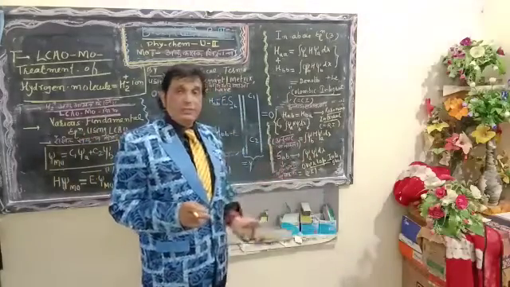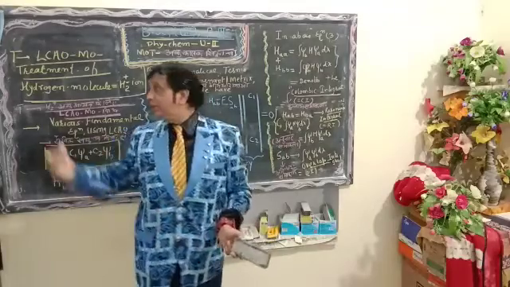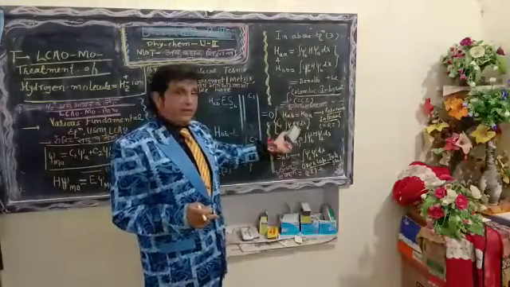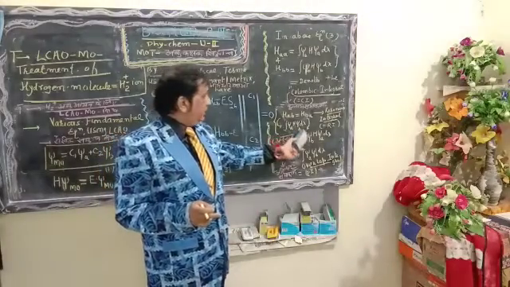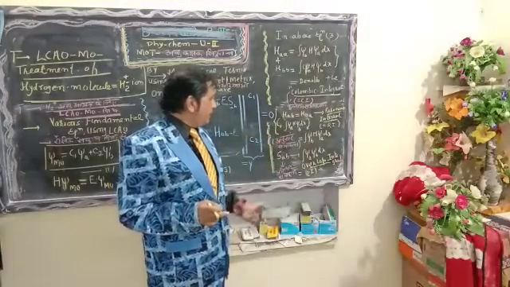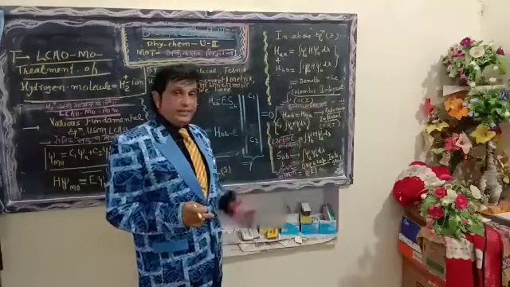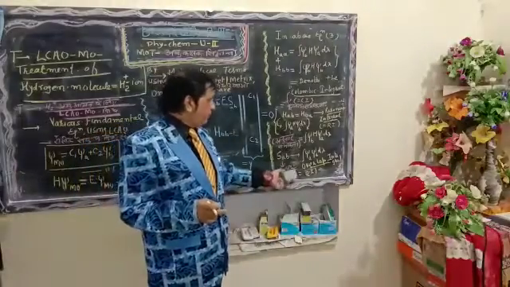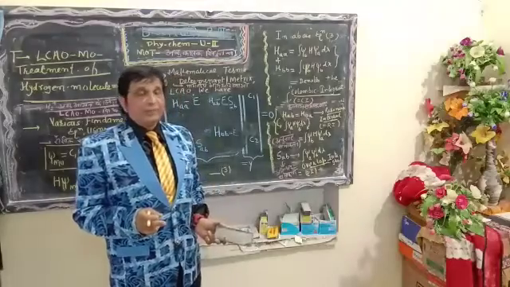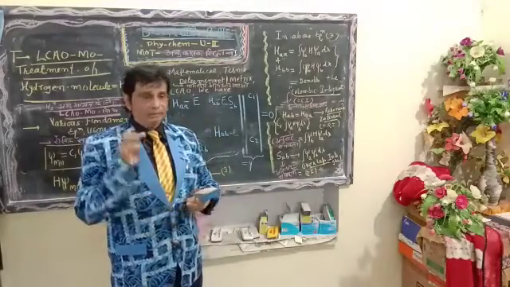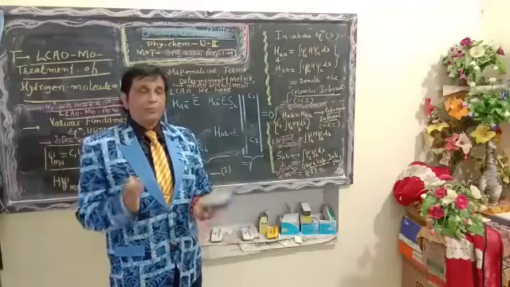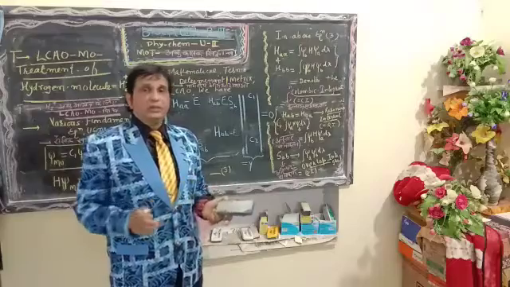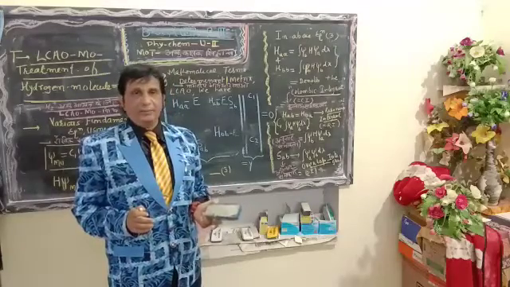The next mathematical formula, by using LCAO for the hydrogen molecule ion, is the integral of psi A H psi B d tau. It is known as the resonance integral. The third concept is SAB, known as the overlap integral. The overlap integral defines how much overlapping area is covered by one wave function with respect to the other wave function.